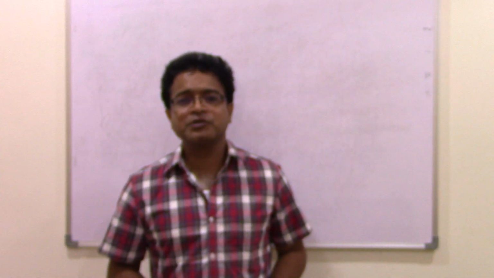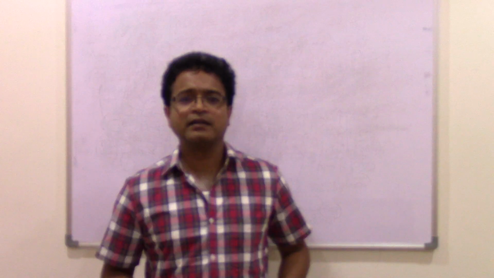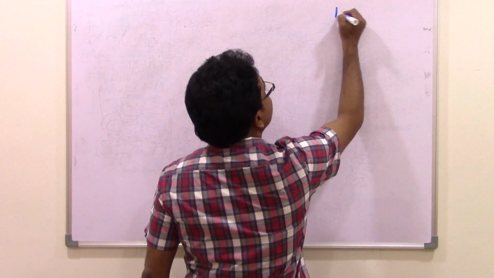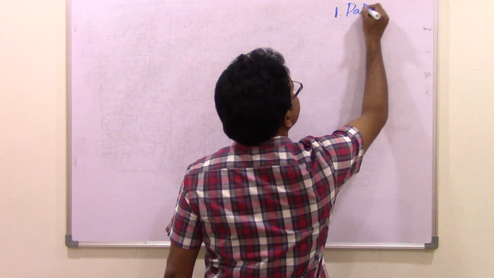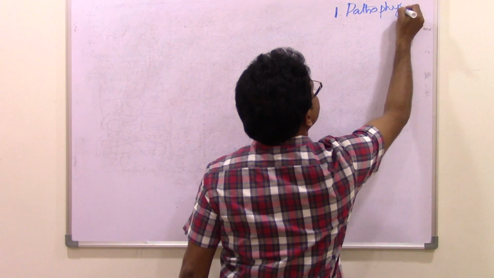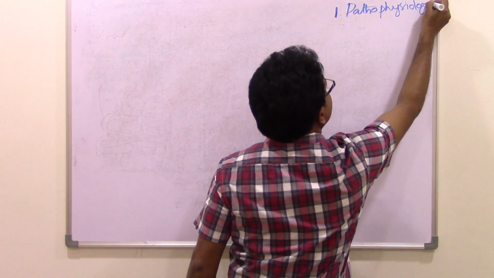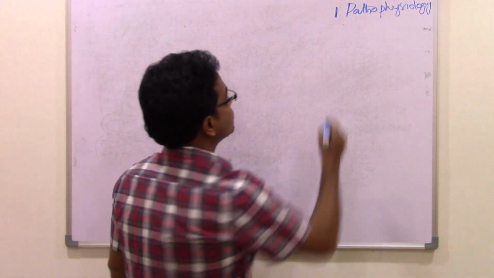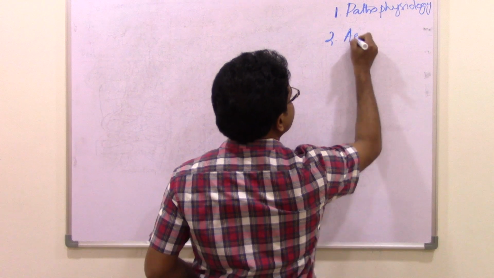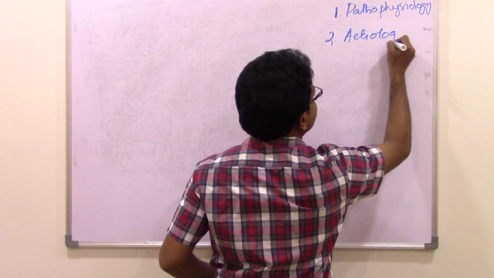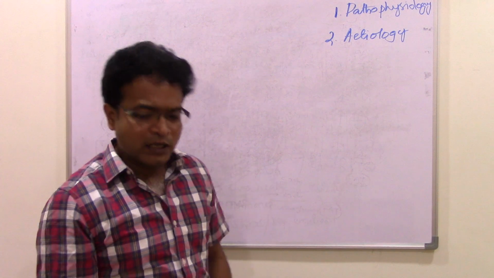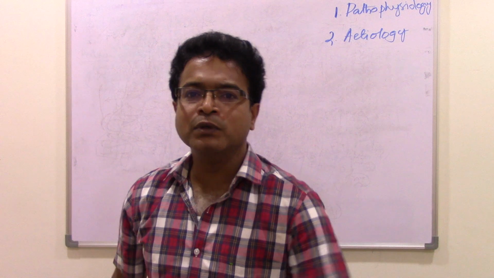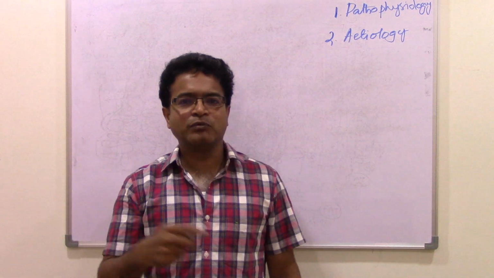We discussed pathophysiology of diabetes and etiology of diabetes. So, number one is pathophysiology, right? So now we'll see what are the causes, etiology of diabetes. So we already discussed that we have type 1, type 2 and gestational diabetes and MODY.